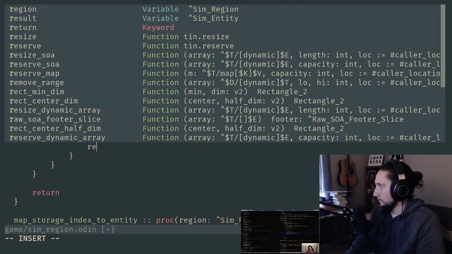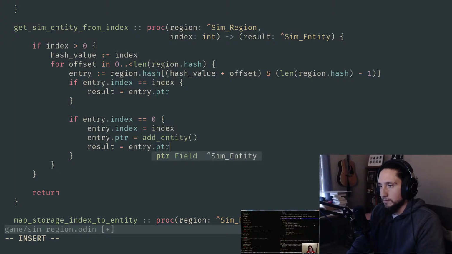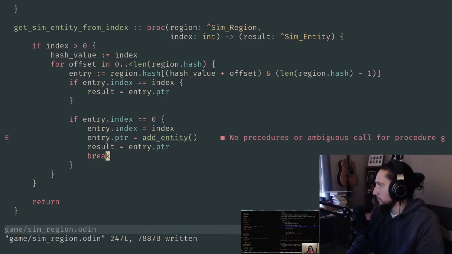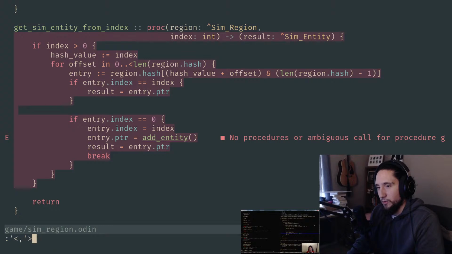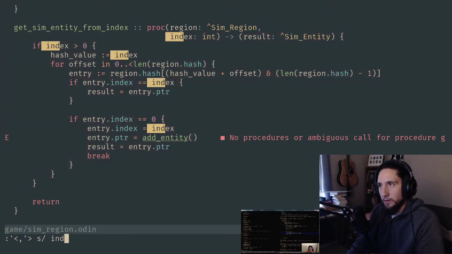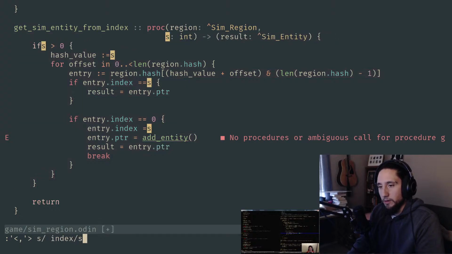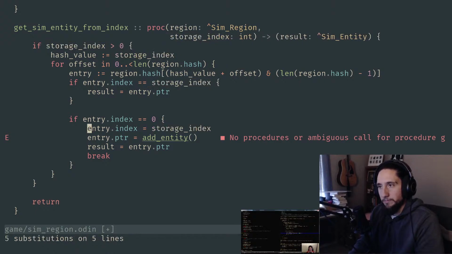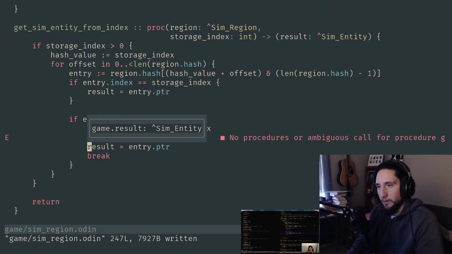And what we want to do here is pass, I guess these are technically storage indexes as well. Oh, I had that as storage index, and I changed it because of you, Casey. You did this to us. Okay, let's see if I can figure this out. Index becomes storage index. And I still need that space. There we go. And then we just need to call